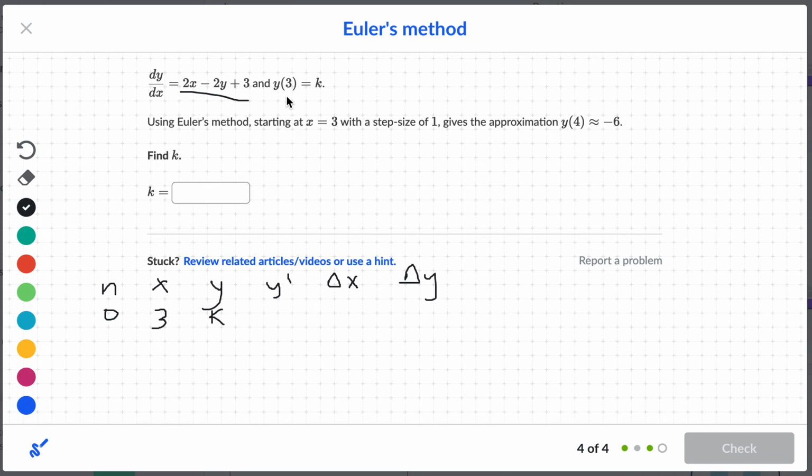They're not telling us what that y value is, but they're telling us that this is the formula. So if I plug in 3 for x, that's 6, minus 2k, and then 6 plus 3 is 9. So I know that whatever it is, it's going to be 9 plus 2k. Does that make sense? Hopefully so. I'm just plugging in my x and my y value up into this equation and working out what is